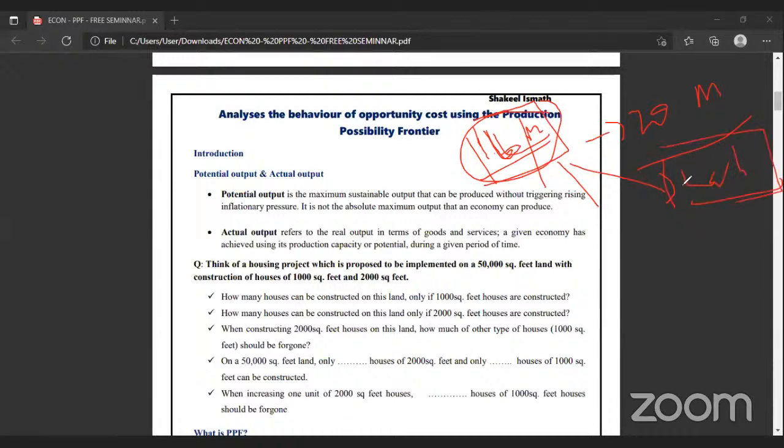To produce goods and services, to produce output, we know we need four factors of production. If we want to increase the output, we need these 4 factors. The first one is labor. So we have labor resources completely. I'm asking you the question: in Sri Lanka, everyone who is eligible to work, are they employed? Still in Sri Lanka, there are roughly 400,000 people unemployed. But after the pandemic, it has increased.